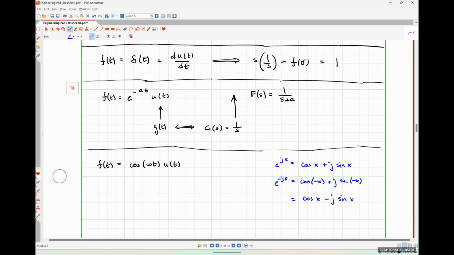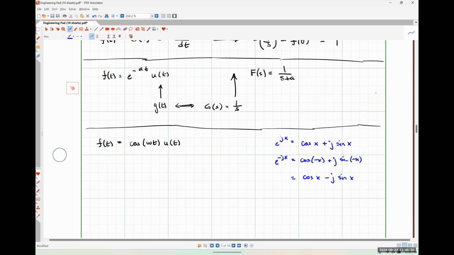So if I were to add e to the jx plus e to the negative jx, what would I get? So e to the jx plus e to the negative jx is 2 cosine of x. So I'm going to express this cosine omega t right here as 1/2 (e to the j omega t plus e to the negative j omega t) multiplied by u of t,